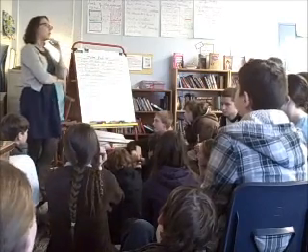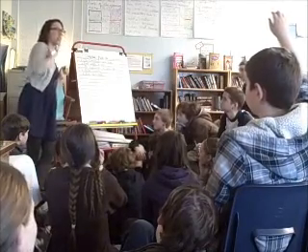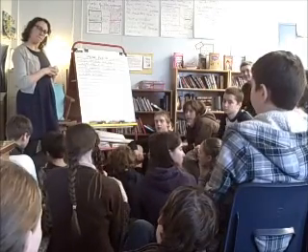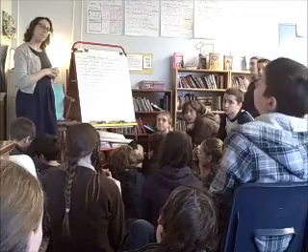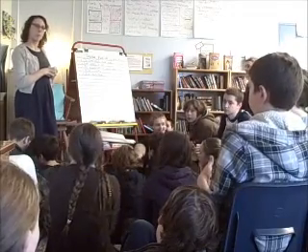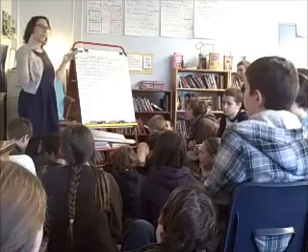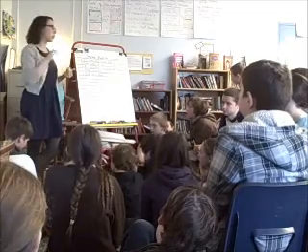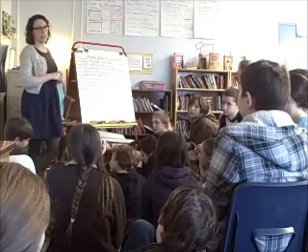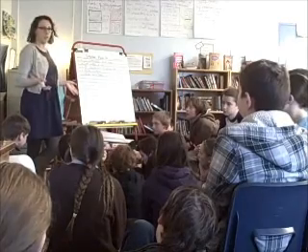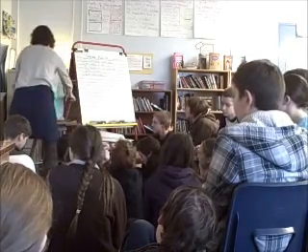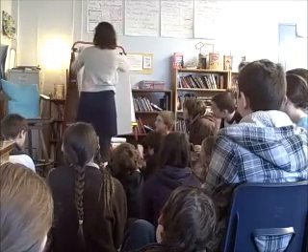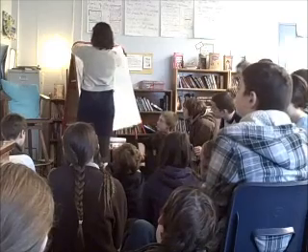And then what does it look like for us to see you when we're looking across the room? How can I tell that Mitchell is actively participating? One person's not just sitting to the side and the other three people are actually talking to each other. Everyone's facing each other. Everyone's on task, and you're talking. You're asking questions. You're making comments, and you're responding to other people's comments. So it's as simple as that. That's what we're going to be looking for today, and throughout this unit when we ask you to discuss. So I just want to share some ways that you can talk about your books.